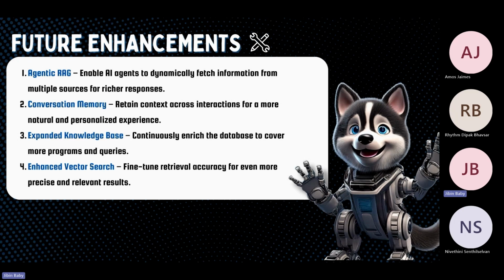And the third thing is an expanded knowledge base. The existing DB only has information related to the CPS programs, and we would like to add more info about the co-op, and info about other infrastructure on the college campus, like the fitness centers and other recreational centers. So that would be a good thing to add. And the fourth part is the enhanced vector